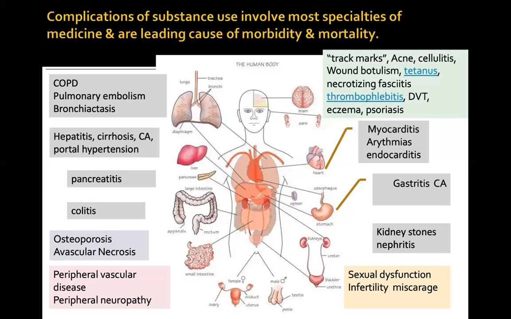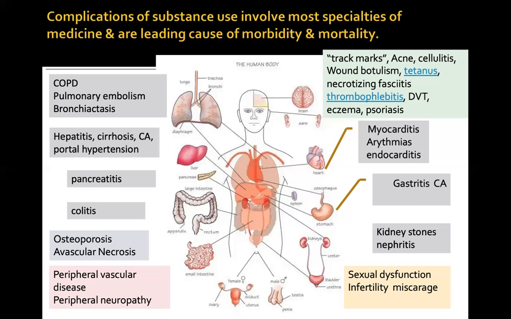They cause peripheral neuropathy, similarly track marks, abscesses, cellulitis, botulism, tetanus, necrotizing fasciitis, thrombophlebitis, DVT, eczema, cirrhosis, myocarditis, arrhythmias, endocarditis, gastritis, carcinoma,